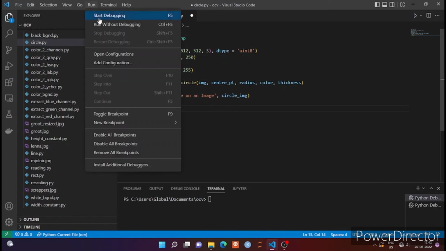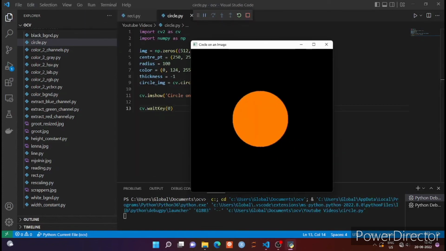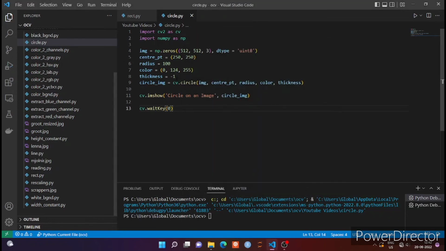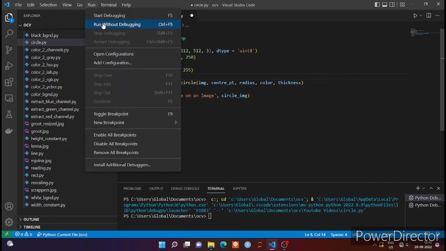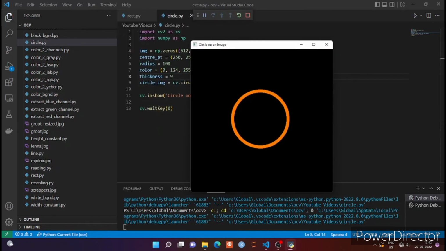So we saw that with -1 the circle will be filled with the color, or it will be an opaque circle. If I want to change this opaqueness to transparency, I'll give this number something else other than -1. So this is 9 now, and this is the thickness 9 circle. That's how we can create a